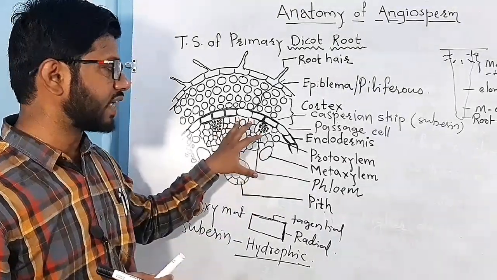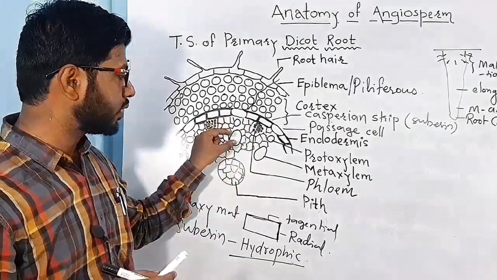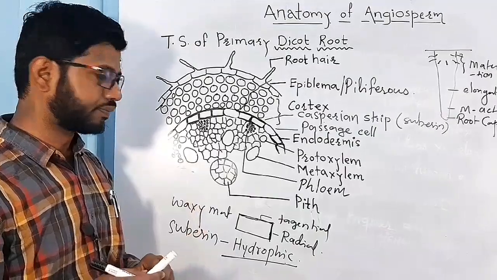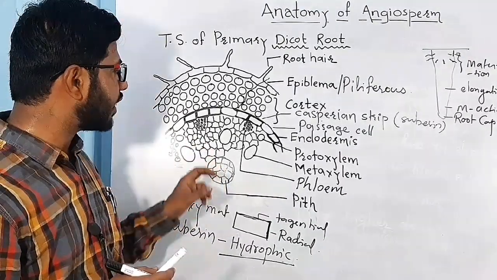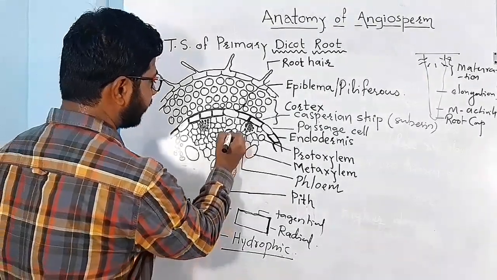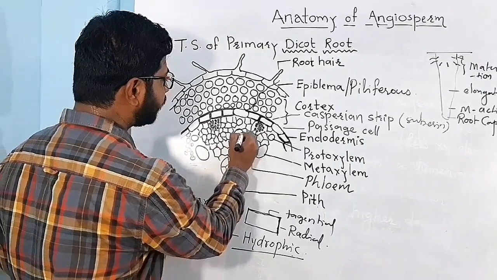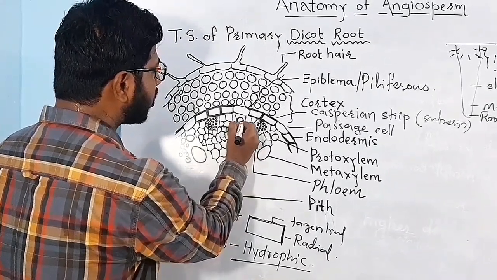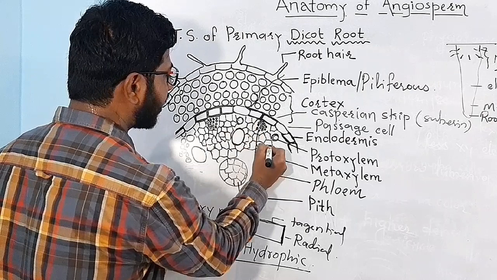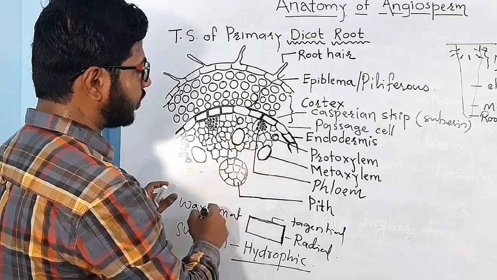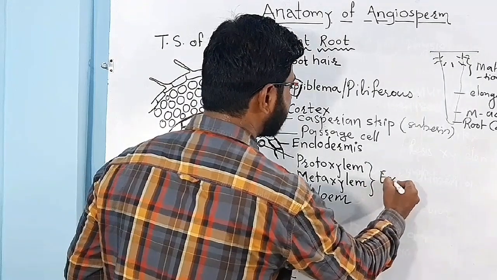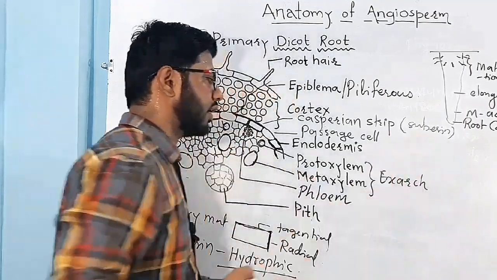Whatever be the number of cells inside the endodermis, xylem, phloem, pith, pericycle, all these cells are collectively known as stele. But when you look at the vascular bundle, specifically xylem, there are two types of xylem. Large xylem facing towards the center and small xylem toward the periphery. These are small xylems and these are the larger xylem. This type of arrangement is known as exarch type of vascular bundle.